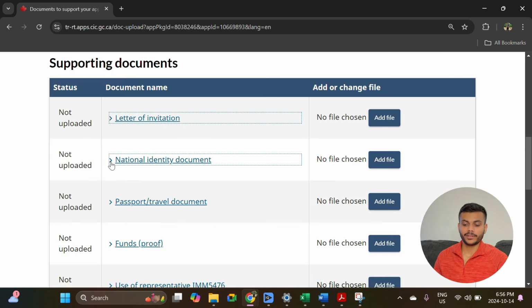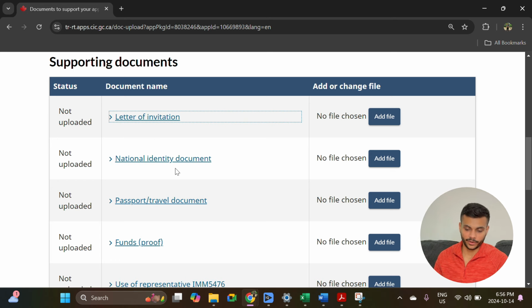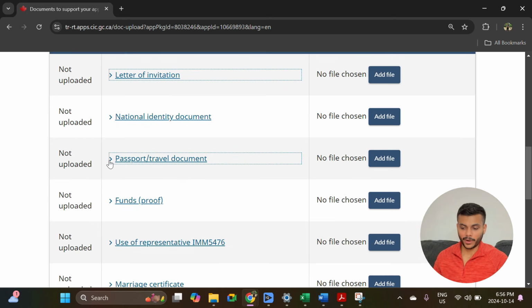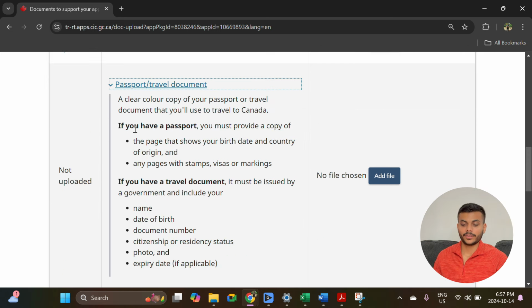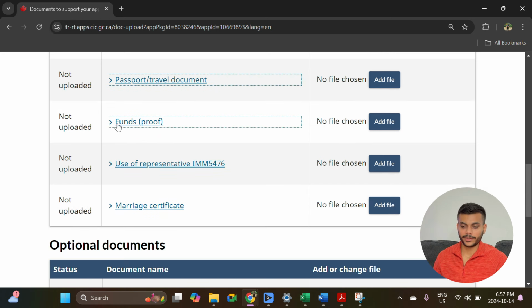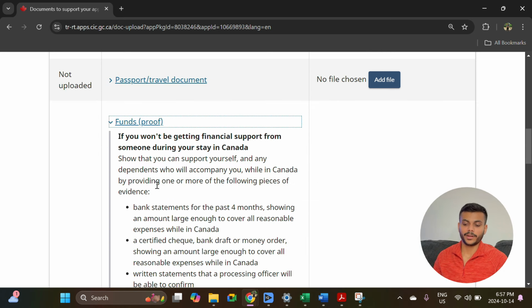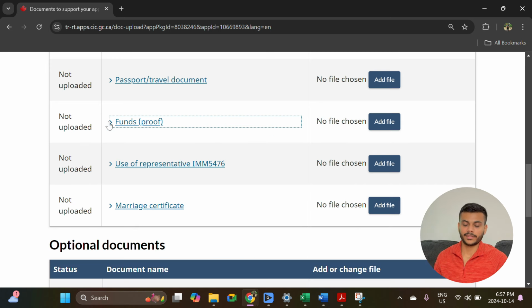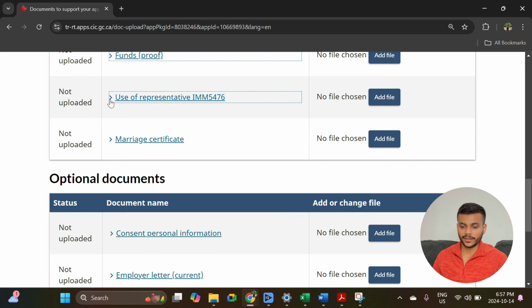The second document is national identity document. So here I can upload my father's Aadhaar card, or he can do it. And then the third option is passport or travel document. So you can combine the first and last page of the passport along with any pages with the stamps. The next option is proof of funds. So whatever my father has in his bank, or any FD or mutual fund, or anything that shows 10,000 Canadian dollars, he can upload it here. And then this option which says use of representative, IMM